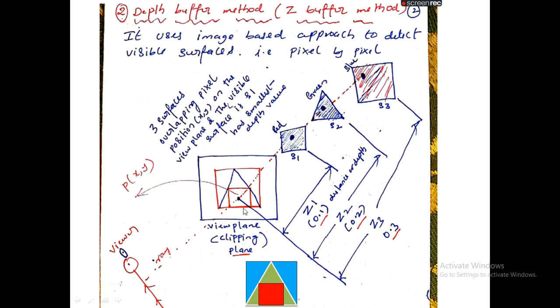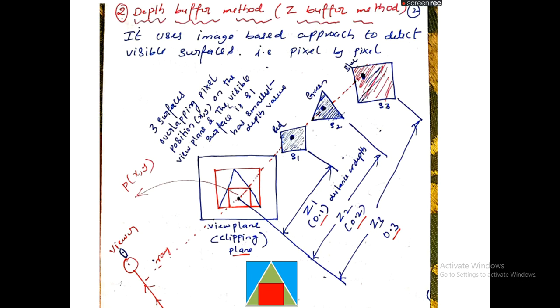So if you take P of xy, here we have a red color, a green color, and a blue color. Take exactly the center of the small square. Please see the mouse pointer: here we did not display blue color because the distance between the observer and surface 3 is 0.3. So 0.3 is far from the observer, it is not closer to the observer.